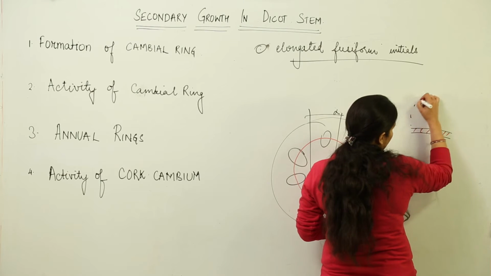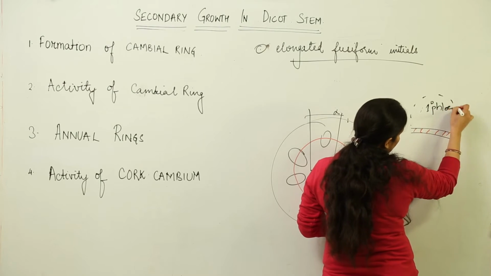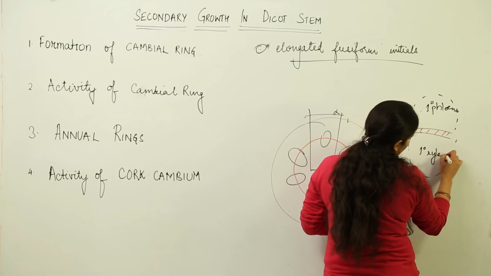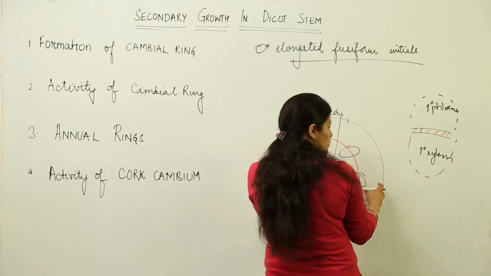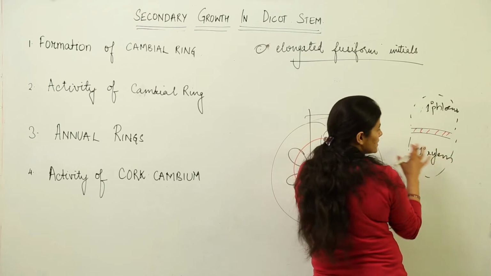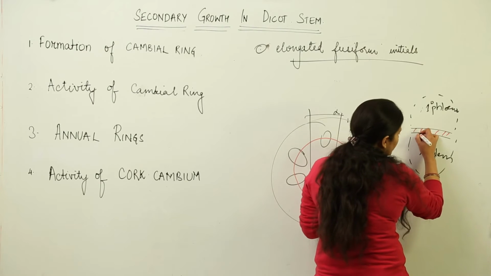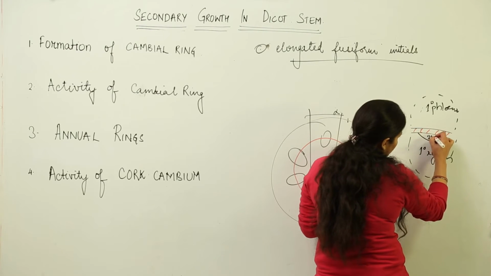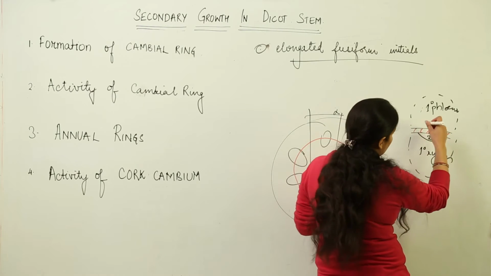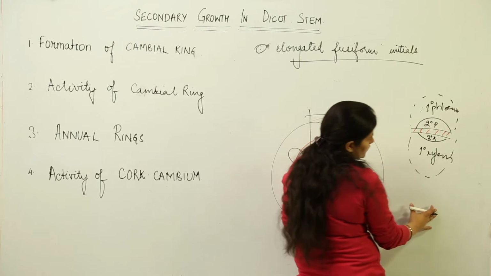Earlier it was having primary phloem over here, the one which was present in the beginning, and there was primary xylem. Now with time what would happen, this cambial ring is going to divide, both this meristematic part that got differentiated from the medullary rays and the actual cambium that was present. That means both primary and secondary meristem are going to add up cells by vertical or oblique division. Inside they are going to give rise to the secondary xylem and outside they are going to give rise to secondary phloem. So this is what will happen.